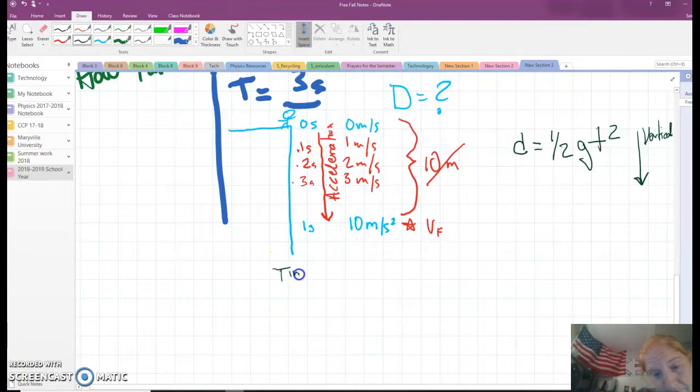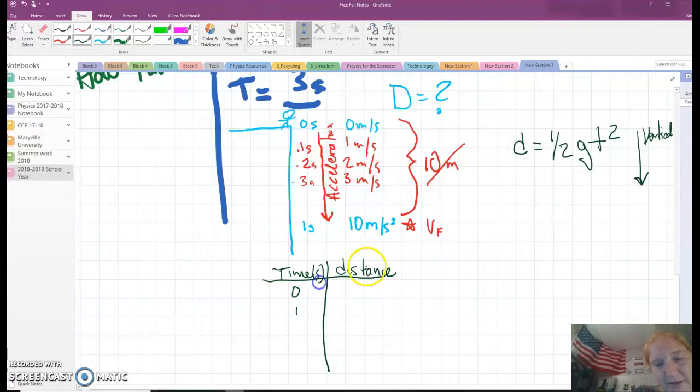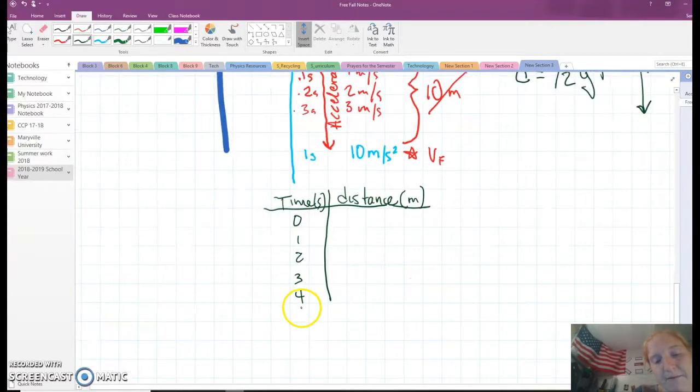Okay, so if I set up that same table as I did before, but this time I do time and distance, and I go 0, 1 in seconds, so I don't have to write the units, and distance in meters. You write it at the top, you don't have to write it in every time. 2, 3, 4, 5. This is where I lost some people in class. Okay,